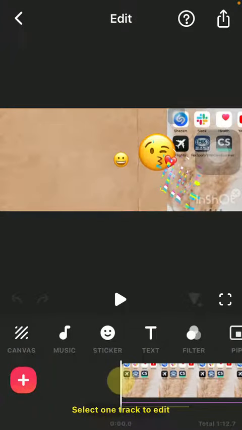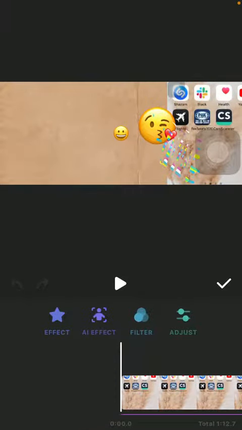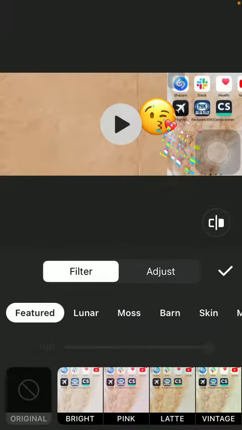After that, click on the filter button down below, which is the fifth option. Select filter, which is the third option. Here you can either tap on the filter or adjust button. Now click on filter, and below this filter